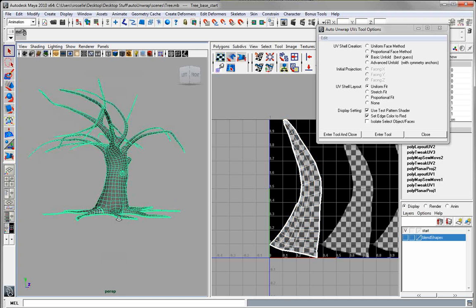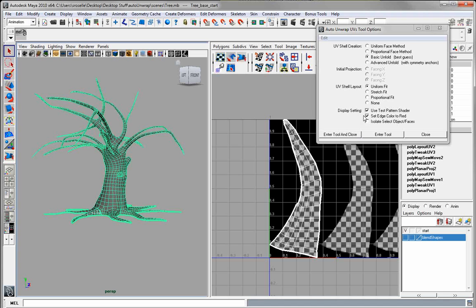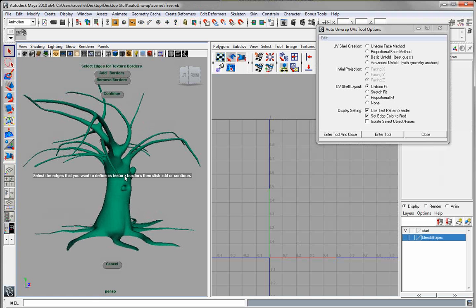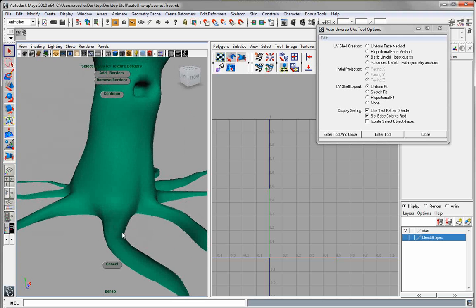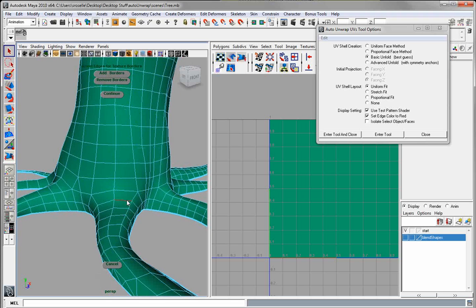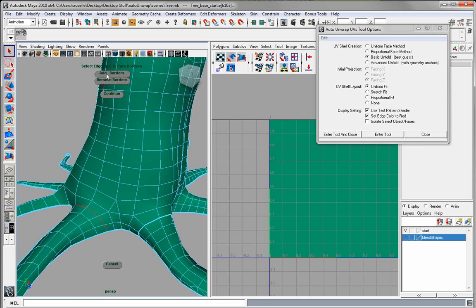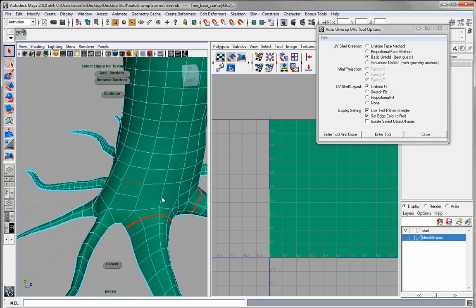In order to do that, what I would have to do is just grab my mesh and enter the tool with that mesh selected. It'll basically allow me to texture map the entire thing. But the trick is I have to be able to go in here and begin to specify where I want my borders. So for instance, I'd want a border there. I'd go in, I'd probably want a border here. Probably go in and add a border for each one of these